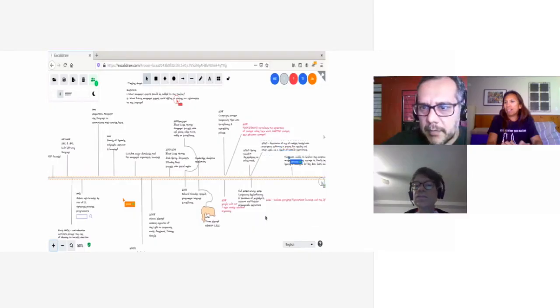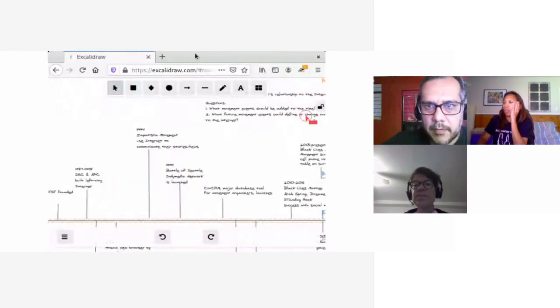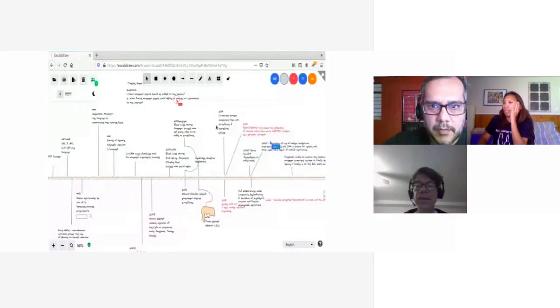And I see a couple of folks that just joined. I see Amelia's in the room, and I just posted the link to the Excalidraw that we're all collaboratively working on, and I think there's Derek in here too. So I just want to make sure that you have access. I put the link again, and Firefox works best. We're using Excalidraw, and folks are just adding